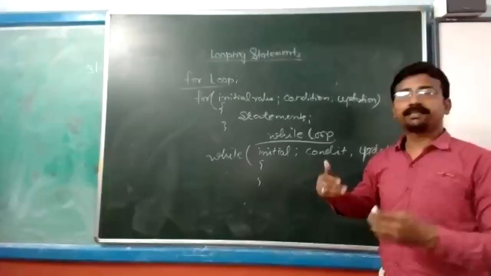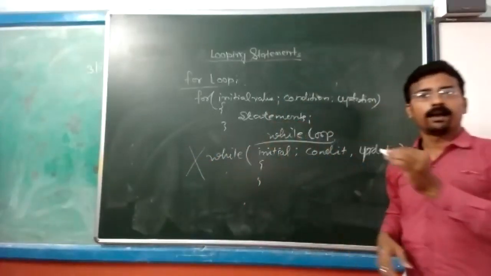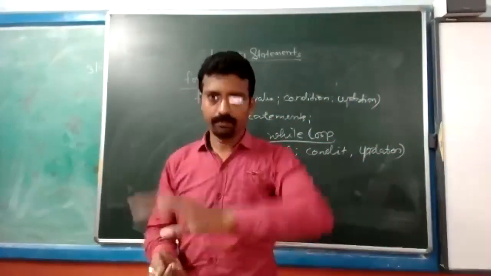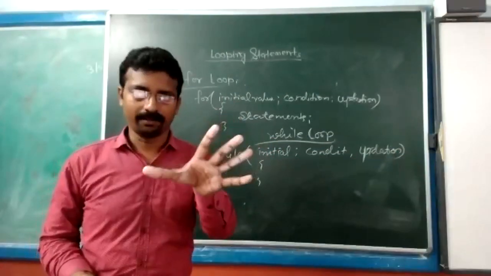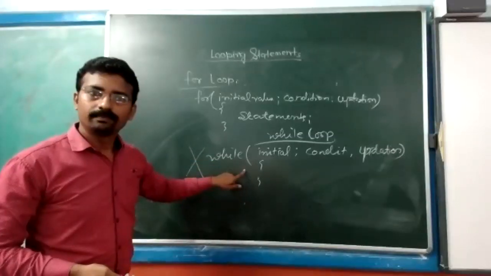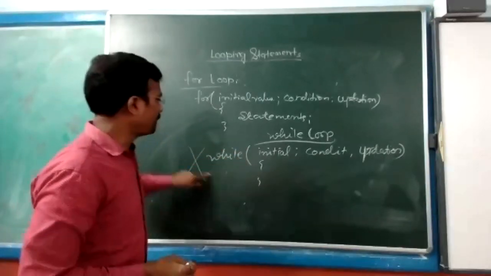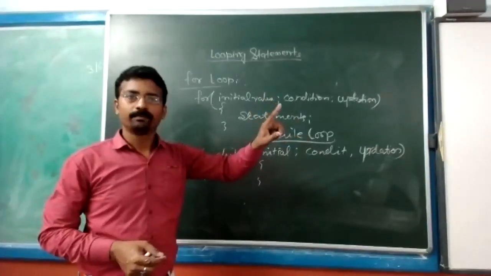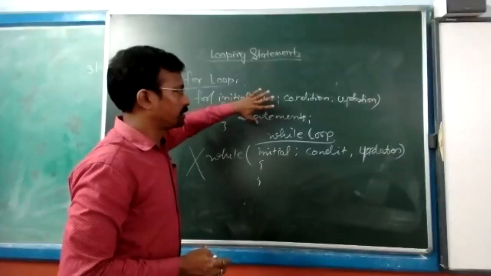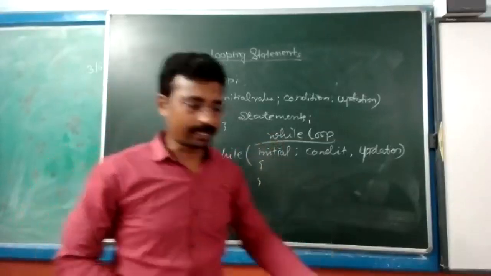Got it? So what is the correct structure? This is wrong. In 9th class, I remember, I got 3-4 copies from some sections among you all. You had written the while this way. Many of you, I cannot say few of you, have understood while loop and for loop as the same structure. So dear students, please make the difference now. This is the criteria for using a for loop, and for a while loop this is not. So what is the correct criteria?